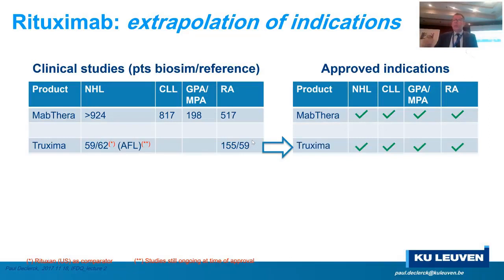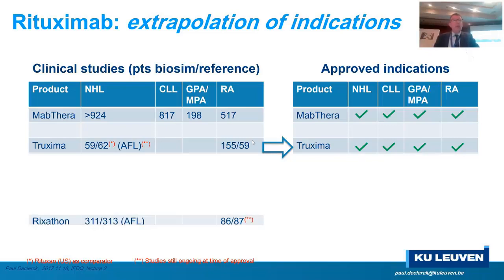In the meantime, during the approval process, which is not finished yet, there is also a study that has been set up in a cancer, in a lymphoma setting. But these studies are still going on. So the approval, the extrapolation, is based merely on the rheumatoid arthritis studies and then the extrapolation to